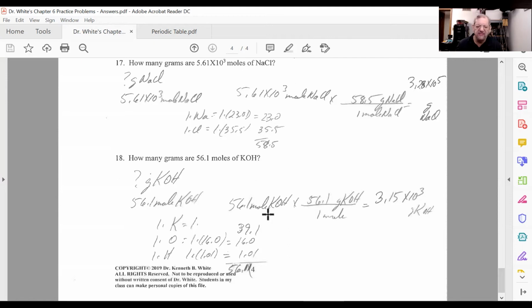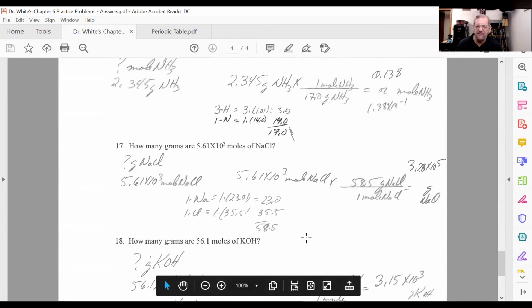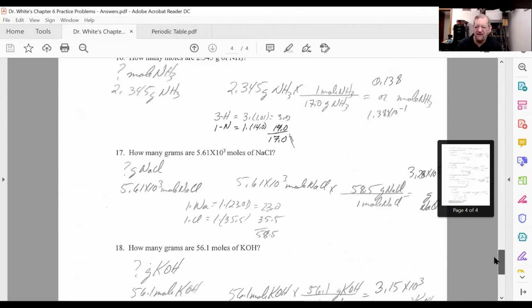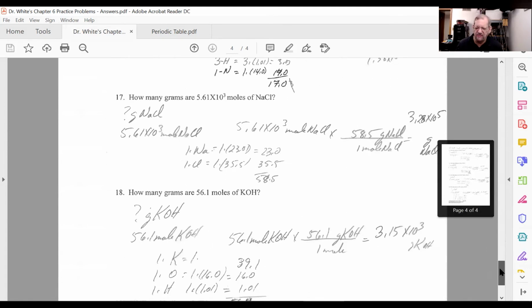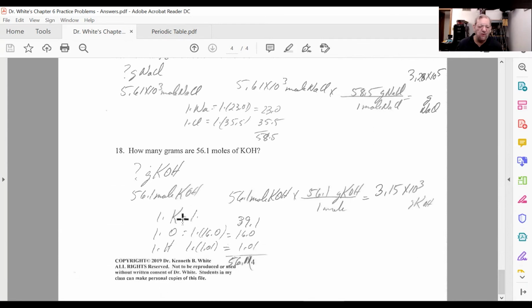Here we didn't. Now, where do I get the relationship for the numbers that you won't have there? You got to fill in 1 mole of a compound equals its molecular weight in grams. The molecular weight is the sum of all atomic weights. When we come down here, what's the molecular weight of KOH? Because I need it to fill in that number, 1 potassium, and it's 39.0.